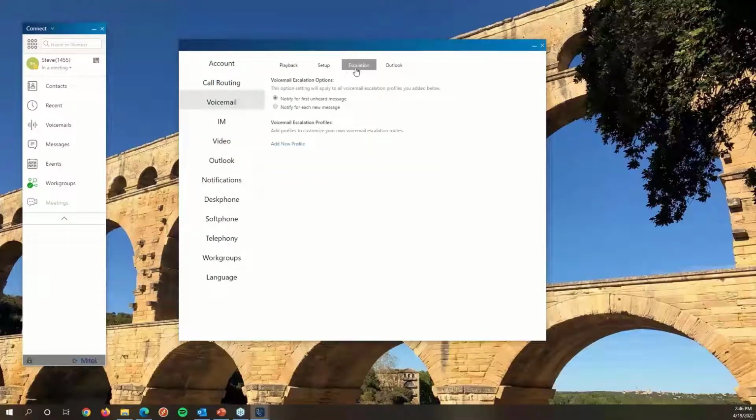Next one is the escalation profiles. We do have a feature here where you can fire off some alerts if a voicemail message is left and has not been checked. So this makes sense if it's maybe an emergency mailbox or a high priority mailbox of some sort. You can get these escalation profiles, and what